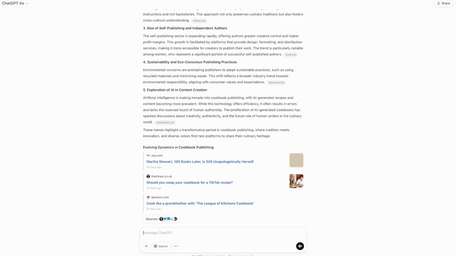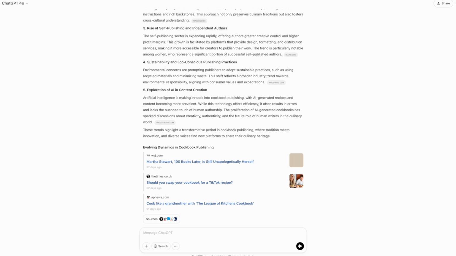For instance, if you're writing a cookbook about quick meals, you might decide to include more detailed instructions and cultural context than what's typically found in social media recipes. Remember, AI is a research tool, not a content creator. Use it to understand market gaps and reader needs, but create your own original content.